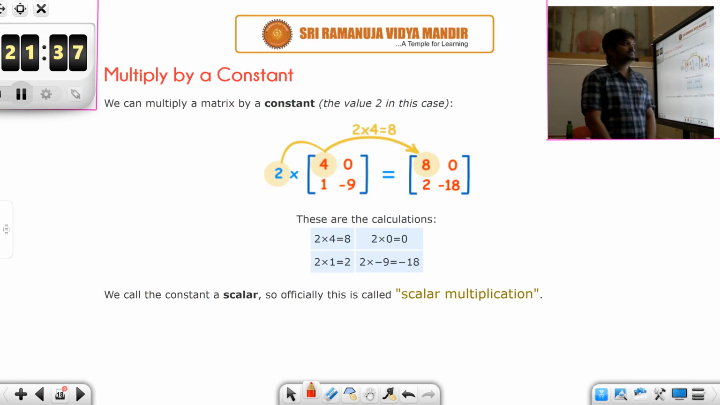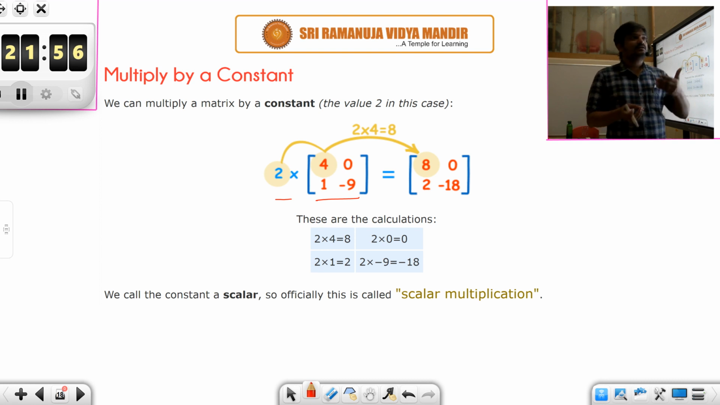Multiplying by a constant. We can multiply a matrix by a constant. The value 2 in this case, for example, say suppose 2 times this matrix. What do you get? Multiplying a matrix by a scalar number means you need to consider, just